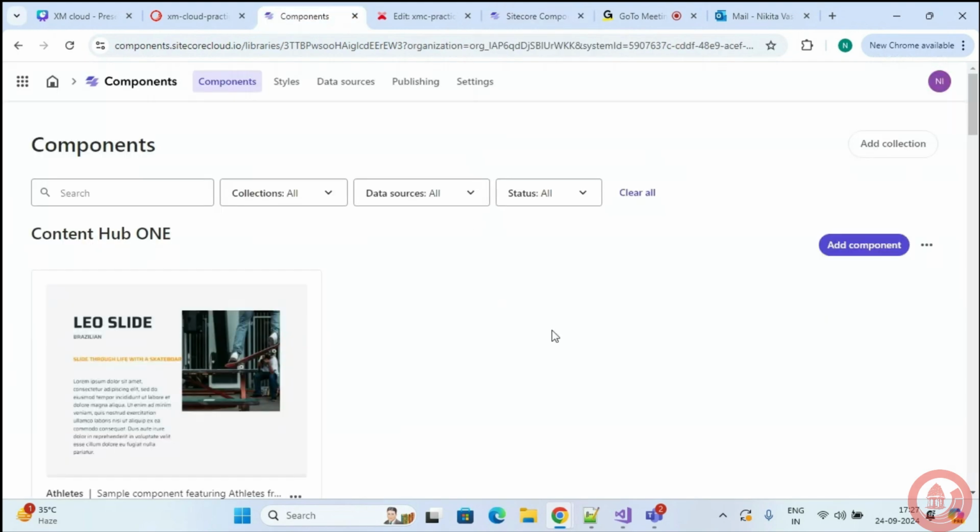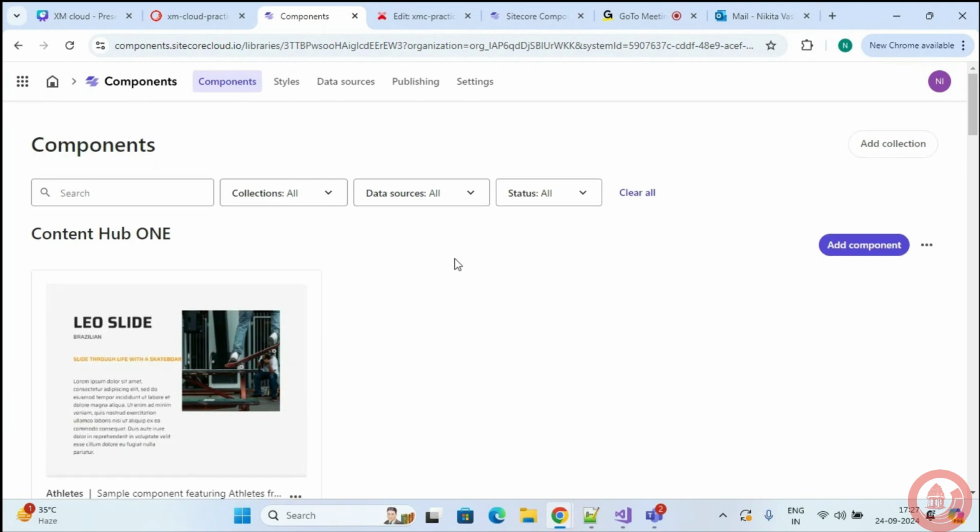So we can define different fonts. These are the default fonts already present in my styling option, but if I want to add any other font, that can also be done. I can add different colors, graphics, even breakpoints. All of these things can be easily managed, so all your alignments and stylings can be easily set up. You do not need to write any explicit CSS to do that.